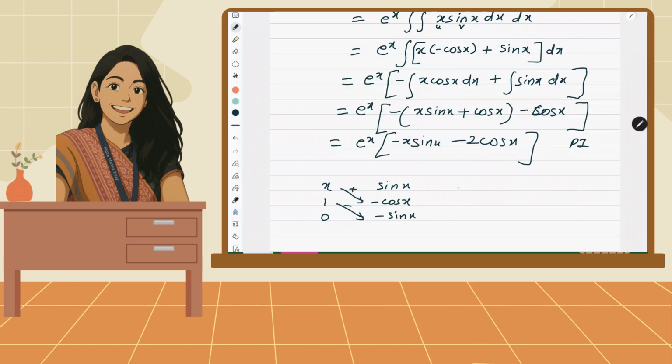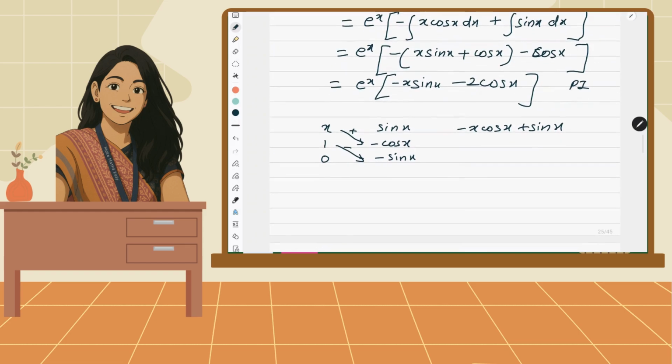So what will be the first term? Minus x cos x and then plus sin x. You check your answer here, it is exactly the same thing. So without applying by parts, you can always get the answer if you use this method. If you look at the shorts which I have uploaded on my channel, you can see I have solved many questions by this method, where you can get the answer in seconds for by parts integration.